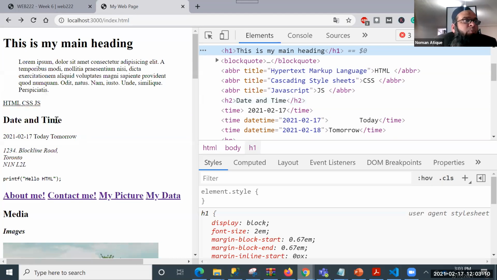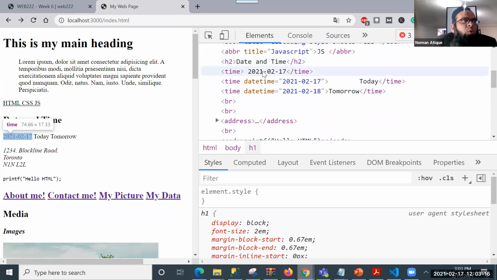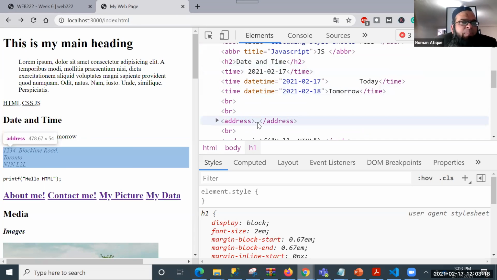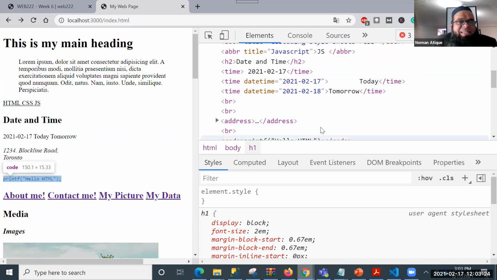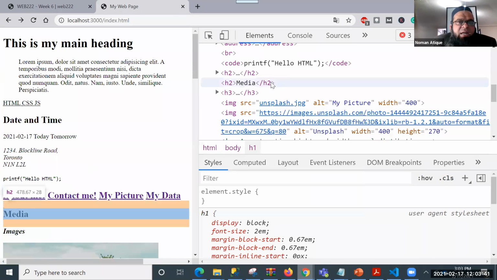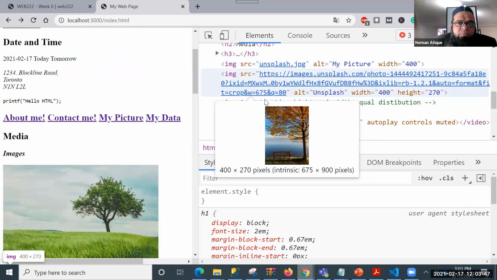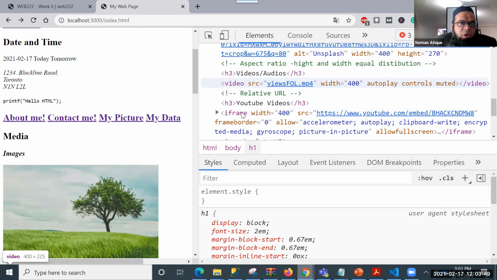You can see the boxes over here as well, right? The time, is it a block level or no? No. And what is this address? Is it a block level or no? It's not, because I put a BR inside that. Yes, that's good. So this BR is a very innocent tag. How about code? Is it inline or no? No, it's basically having its own existence. It's not bumping up anything after that. Then we have H3 that has a bump over there, and then we have these images, H3, video. Okay, so these are all the tags.